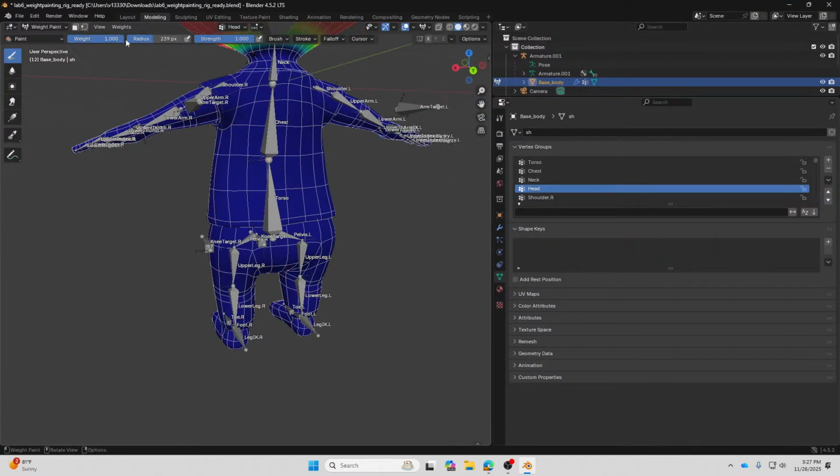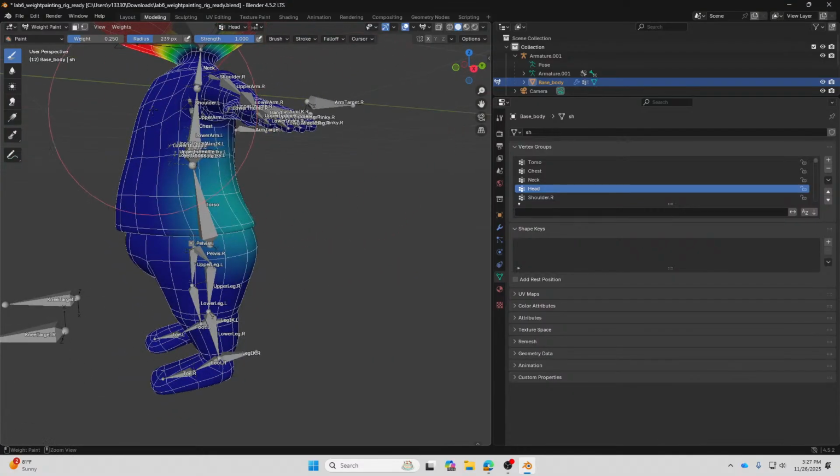When you try to paint the characters, maybe you don't even see it, because it's 0, let's say 5.